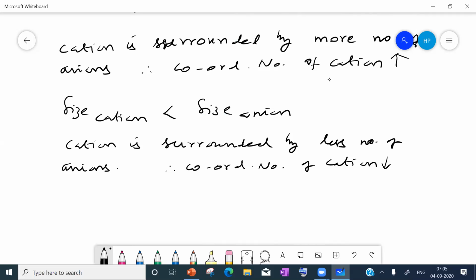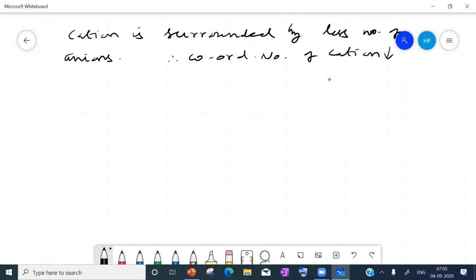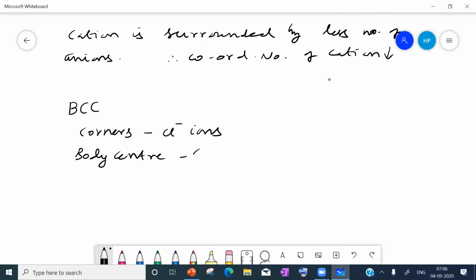Now we have seen FCC, we will see crystal structures. Now we will take BCC, body centered cubic. Body centered cubic means what will happen? Corners will be one possibility. Corners will be Cl minus ions. Body center will be cesium ion. So 8 corners will be there. In 8 corners, Cl minus ions will be there. Due to 8 corners, body center is created. In that body center, cesium ion is present. It is body centered cubic.